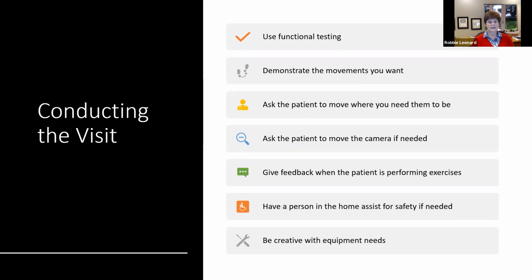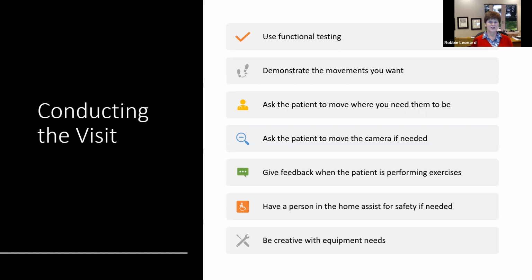Give the patient lots of verbal cueing. This is something you're going to use. I always say that a lot of what we do in therapy is because of what's in your brain, right? So it's being able to give patients directions, being able to correct their techniques, being able to see movement patterns that are not correct, being able to correct those things. So you're going to be getting a lot of verbal feedback during the session. So make sure that your patient can hear you and that you can hear them.